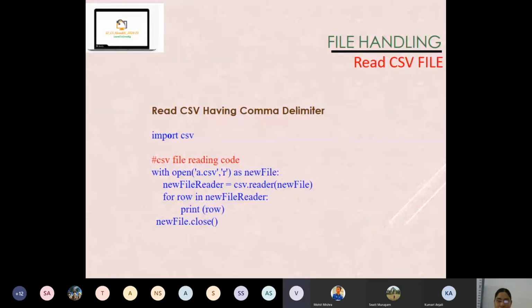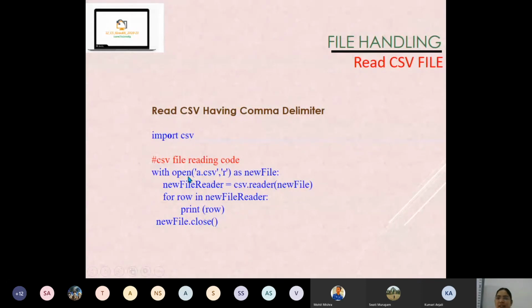Is there any doubt? See, what have we done? First, we have imported, that is the first step. And then we open that CSV file, which file you want to read from. From which file you want to read contents, that file to be opened as a file object using open method only, nothing new. This as usual we were doing for text files and binary files.